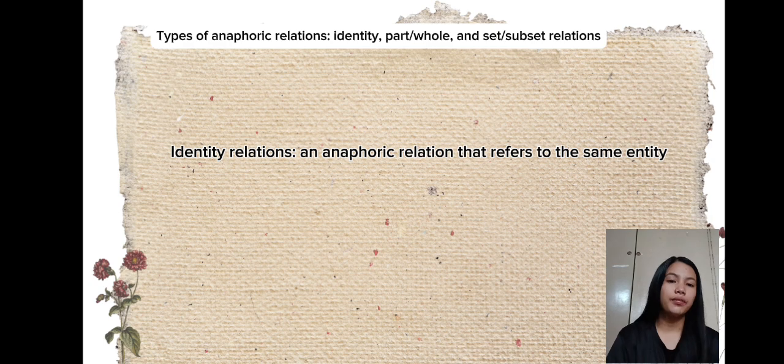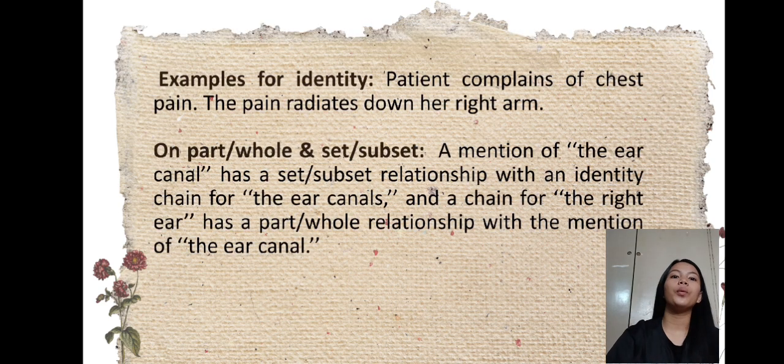So this type of anaphoric relation occurs when two expressions refer to the same entity, or in other words, they denote the same person, thing, or concept. So for example, patient complains of chest pain. The pain radiates down her right arm. So as you can see in this example, the pain is anaphorically linked to the chest pain. So both phrases refer to the same entity or the same physical sensation, which is the chest pain experienced by